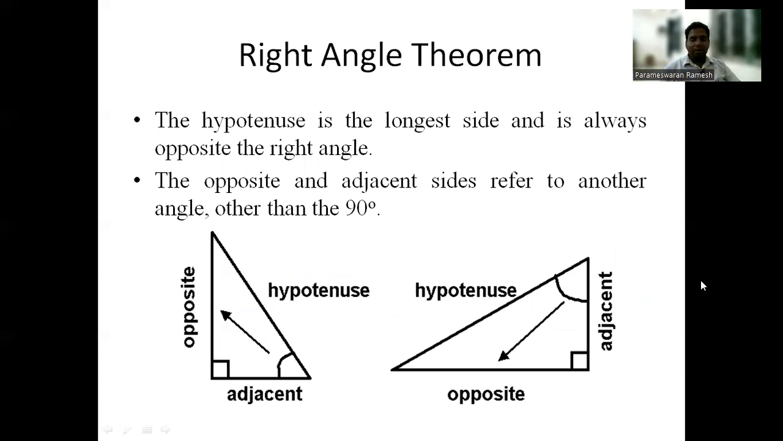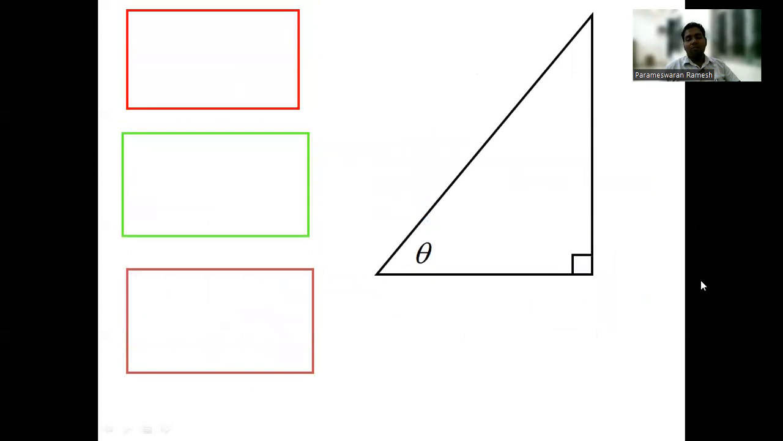in this figure. Coming to the formulas, there are 6 formulas: sine theta, cos theta, tan theta are the 3 important formulas. With respect to those, we are going to find the inverses. The inverse of sine is cosecant, the inverse of cos is secant, and the inverse of tan is cot